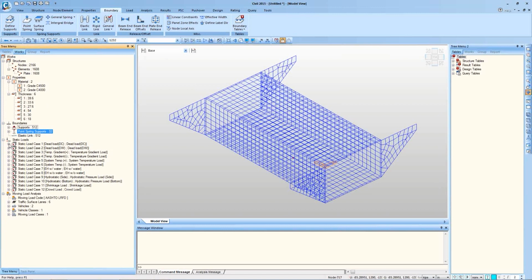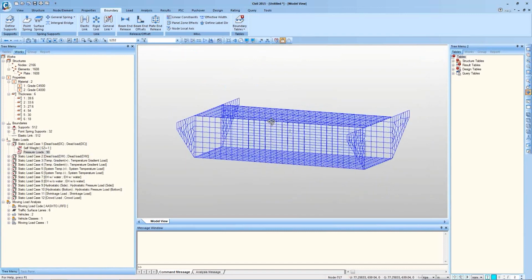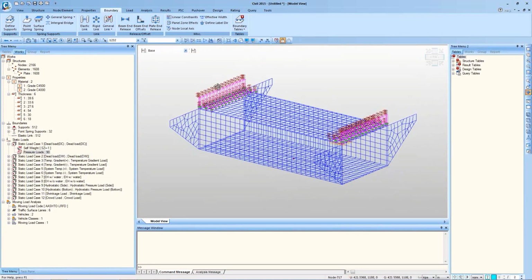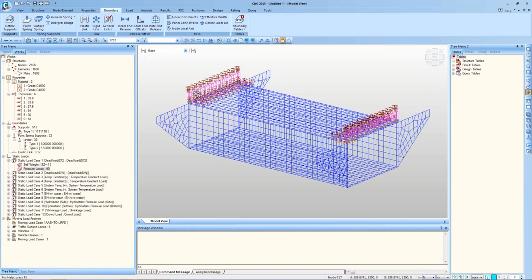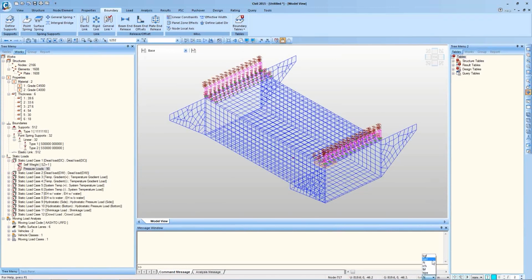The loads which are generated from the wizard are DC, that is dead load of culvert itself, along with dead load of components and attachments, like you can see dead load of barrier and sidewalk. The values displayed here seem to be quite small. Maybe changing the unit we can see a better representation of the values. For now I'll just let it be US units.